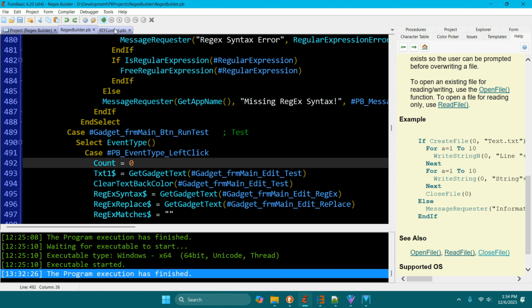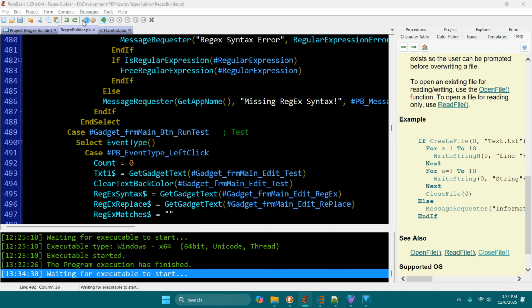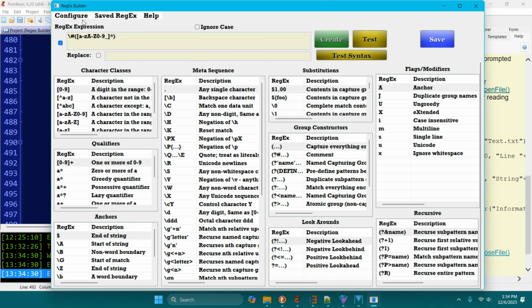Everybody, this is Pete from PA Labs, and I have just about completed my regular expression builder program, and I figured I'd go ahead and do an update. I'll probably be releasing it either this afternoon or tomorrow morning. I still have some work on the manual to get done, but